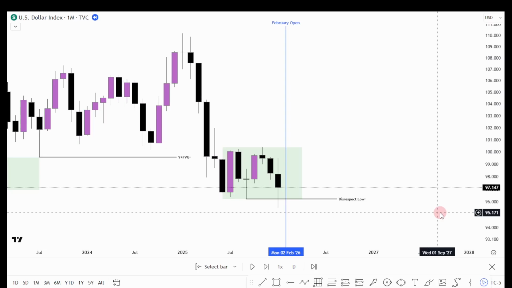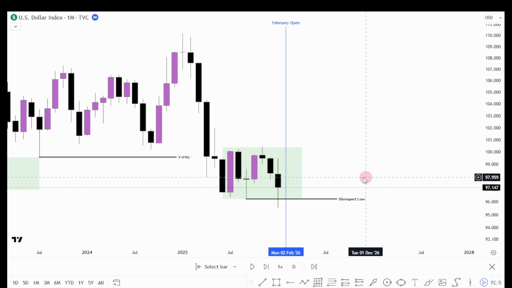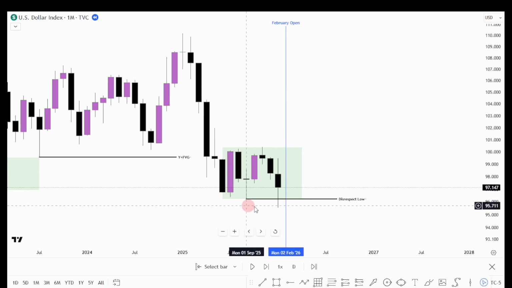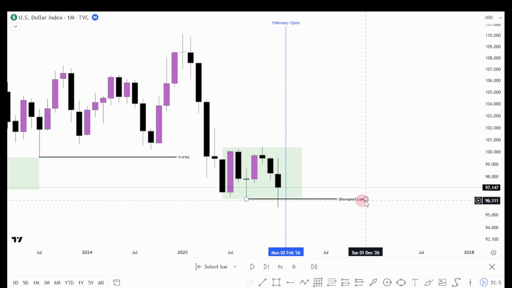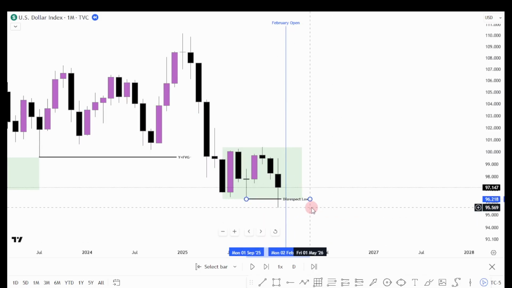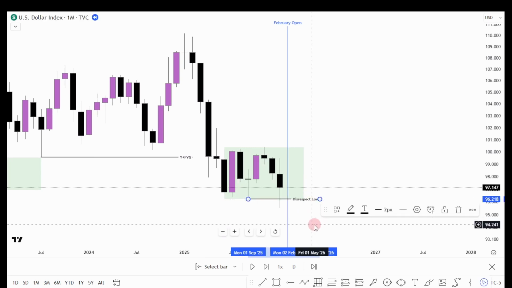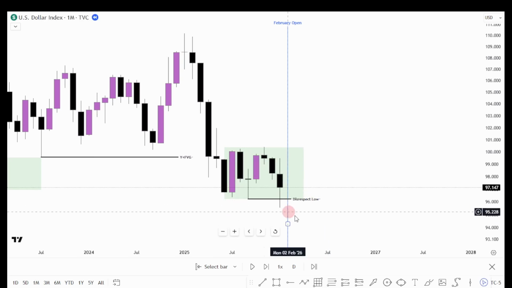The yearly bullish fair value gap. Big long horizontal consolidation inside it. Technically very logical. 2025 closed in disrespect of that bullish fair value gap. So here's the disrespect low. January indeed reached down to it, and now it's February open. Notice how we're slowly zooming in on the current marketplace, little by little.